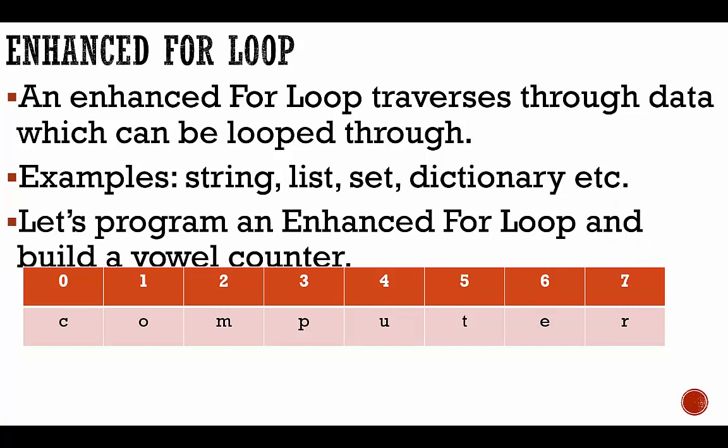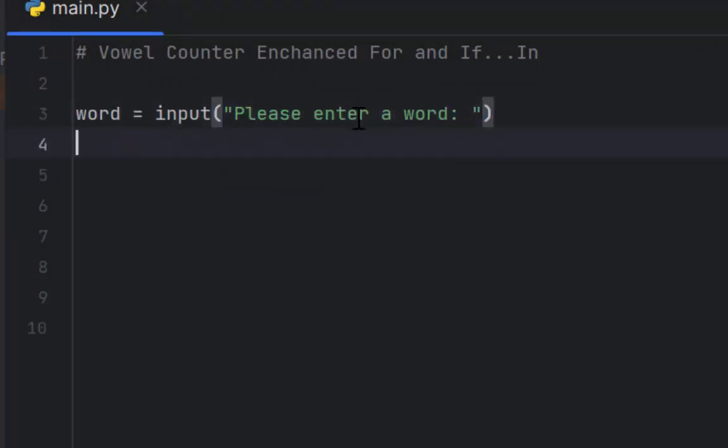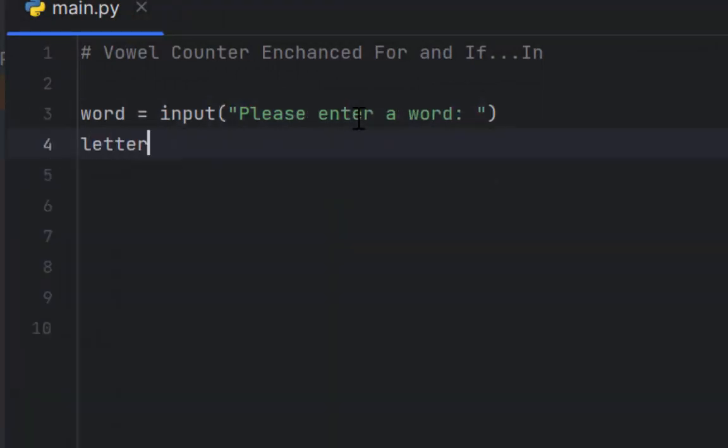So let's program an enhanced for loop and build a vowel counter to implement this. The first thing I need is a word from the user. So we're simply going to tell the user to please enter a word. Now, one thing you might be saying right away is, oh, I need letters and I can build a list from word. You don't need to do that because with an enhanced for loop, we can iterate through each letter